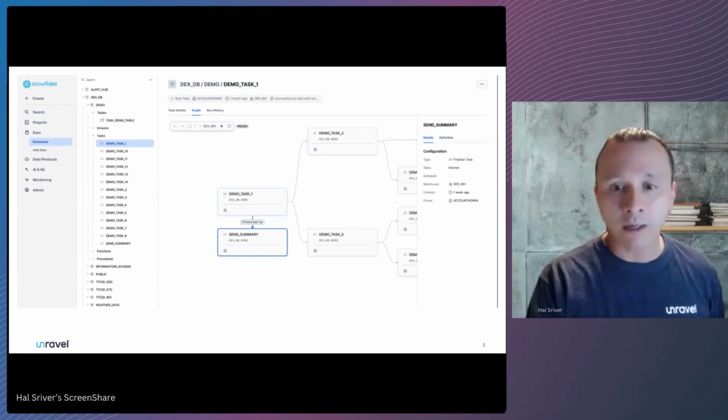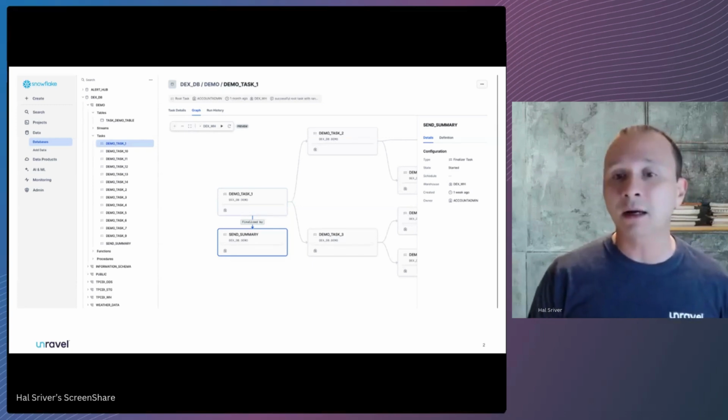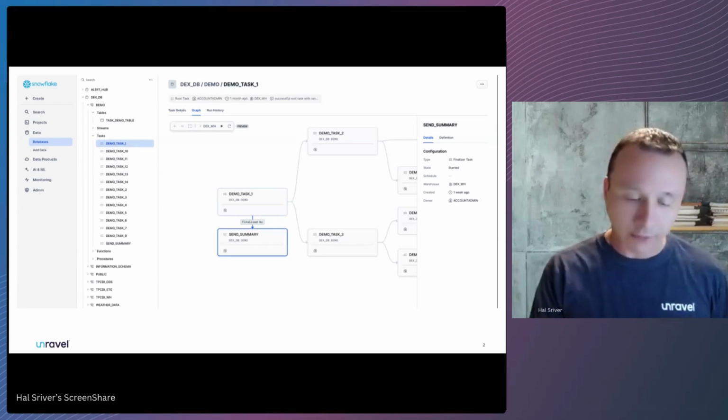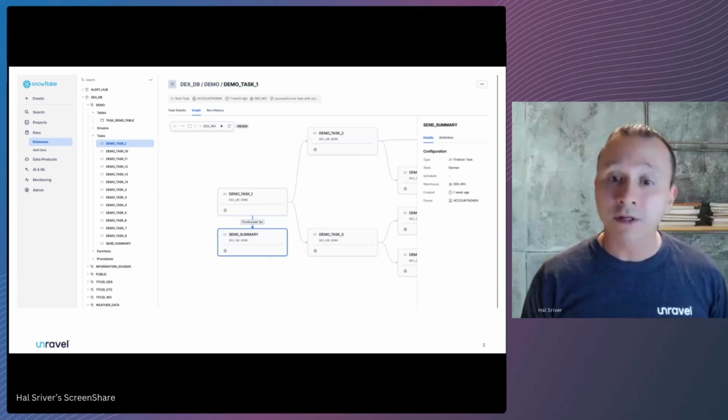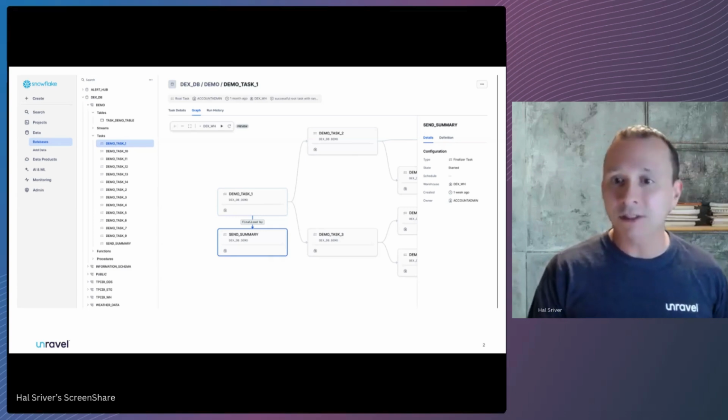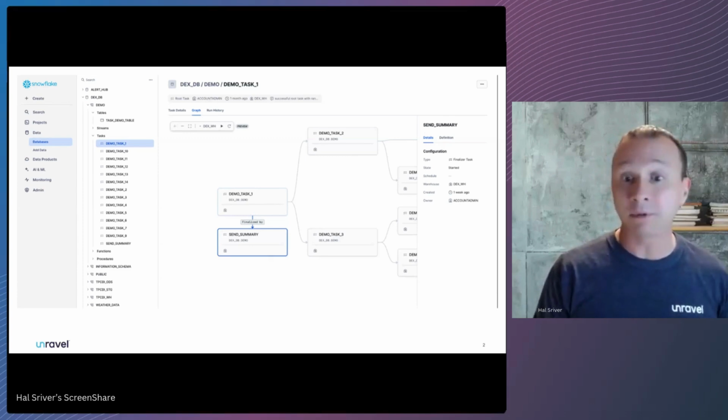So for those who are unaware, and just very briefly, streams in Snowflake allow for querying and consuming a set of changes to a table, sort of at that row level, maybe between two transactional points in time. So for example, the change data capture for a staging table, which can include other data manipulation language,